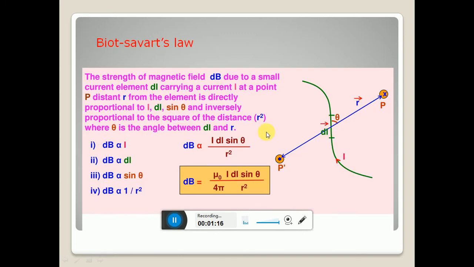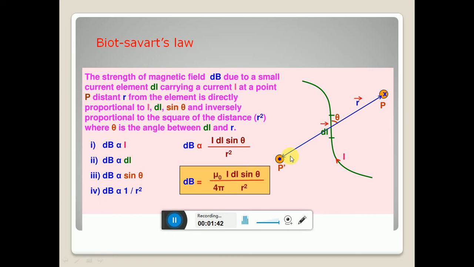Now in this class let us go through this Biot and Savart's law once again. In the last class we determined the equation for the magnitude of magnetic field using this Biot and Savart law. Now we are going to find the direction of magnetic field using this law. As the magnetic field is a vector quantity like electric field, it is important for us to determine the direction